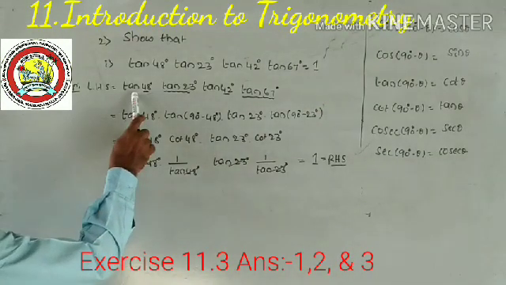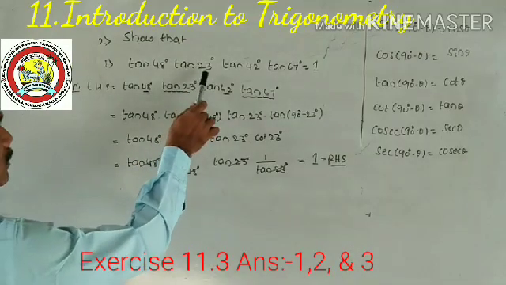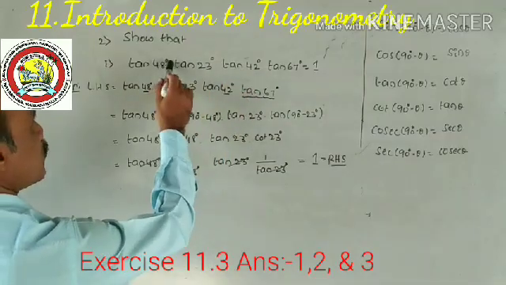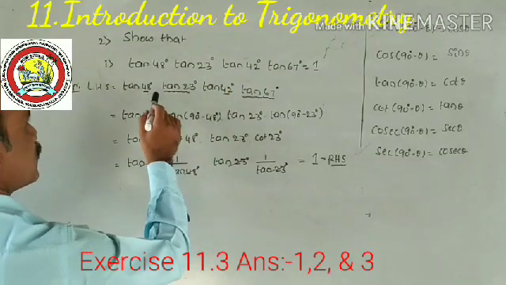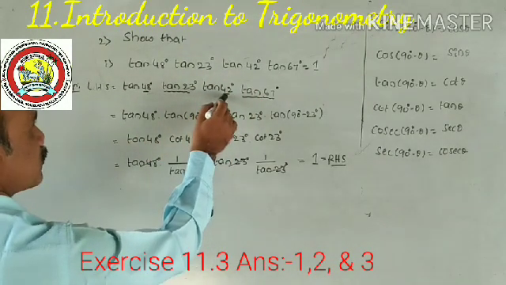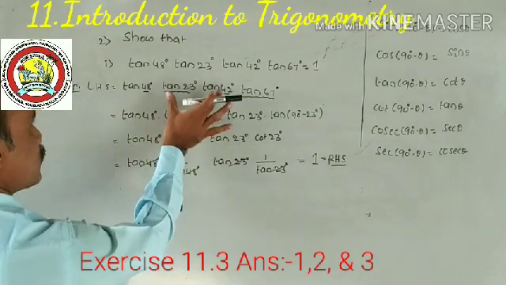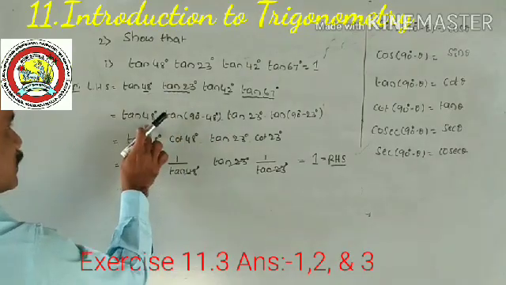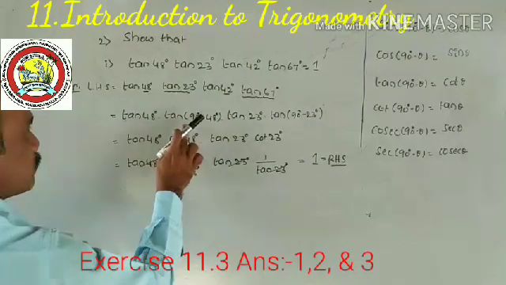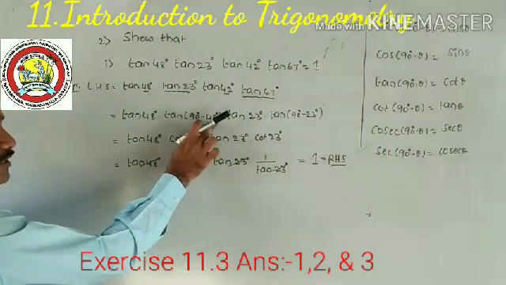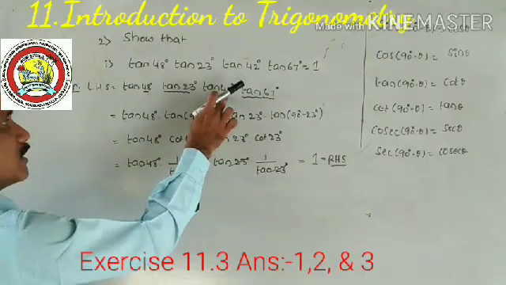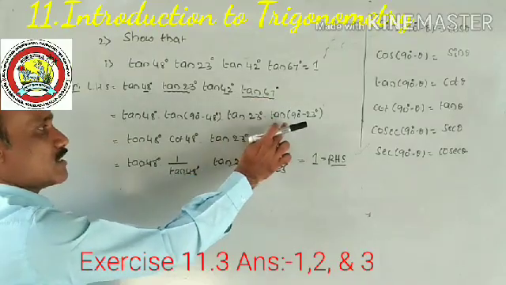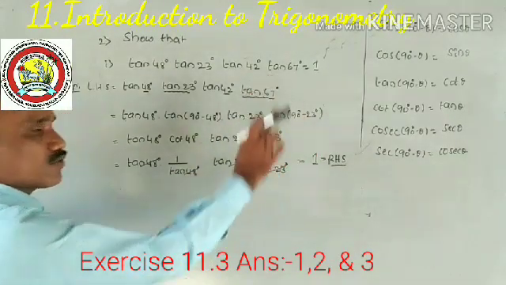So tan 48 as it is, tan 23 as it is, and you write these two terms. I told you earlier, 48 and 42 sum to 90 degrees, and 23 and 67 also sum to 90 degrees. So tan 42 can be written as tan of 90 degrees minus 48, that is 42. Tan 23 as it is, and this 67 can be written as tan of 90 degrees minus 23.